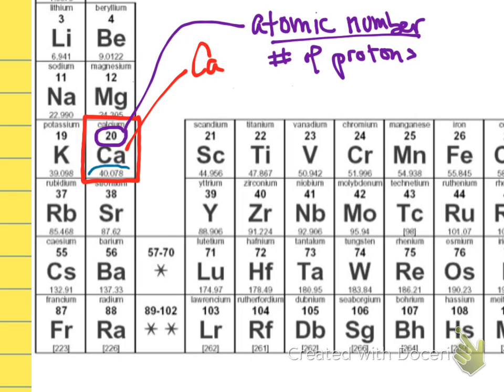So if we look here, there's another number, which is generally not a whole number, often given below the symbol. This one is a little bit different. It's the atomic mass. And it's given in AMUs, even though no units are specified. So, that atomic mass, it's not